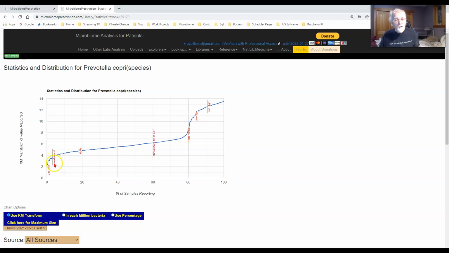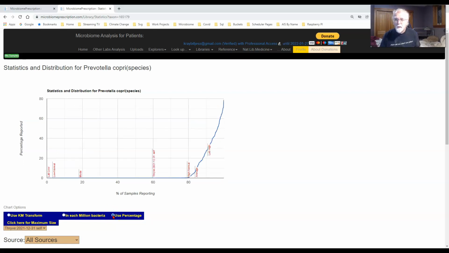Here is what the levels are on this side, using the cutoff multiply transform, which creates a beautiful chart. But if you go over and look at its percentage, you don't see it. This information disappears. What you end up with is a line like this, just about 0 here,